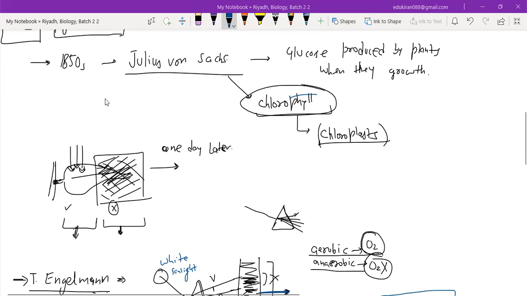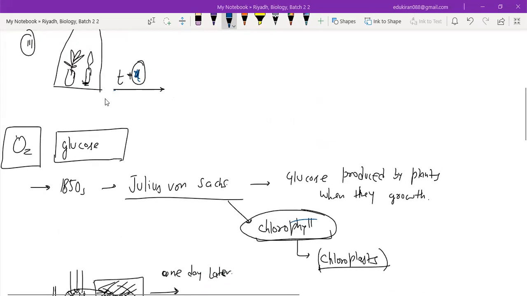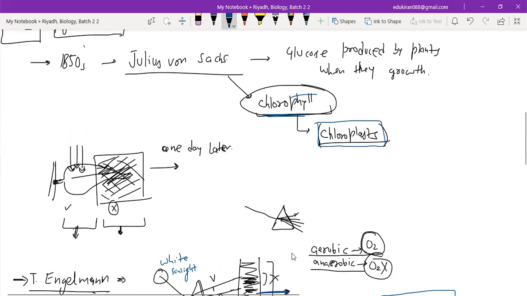So in the second experiment, the second character of this whole play, oxygen was figured out by Priestley. Now we figured out that glucose is there. Julius von Sachs figured out that glucose is produced by plants when they grow, and it's produced by the part of the plant which is green, which contains chlorophyll, which is present in chloroplast organelles. Okay. Now, how did he do that? The experiment is like